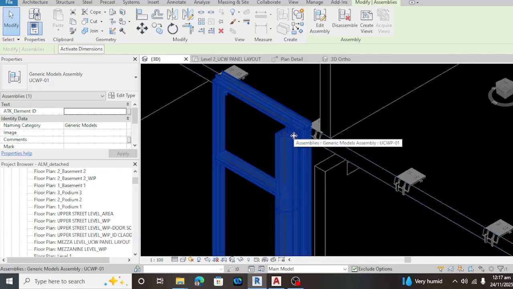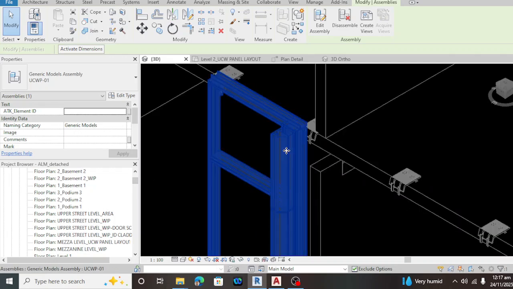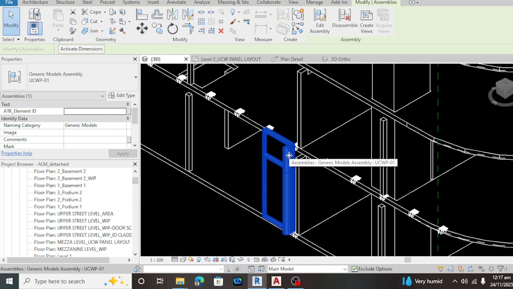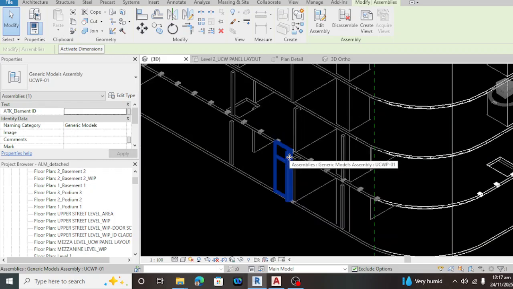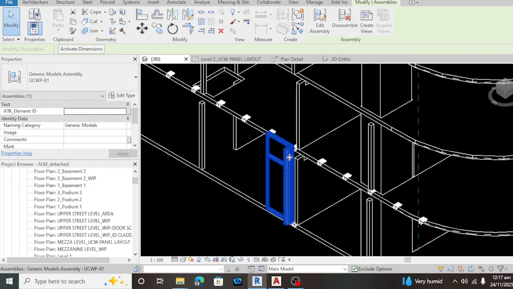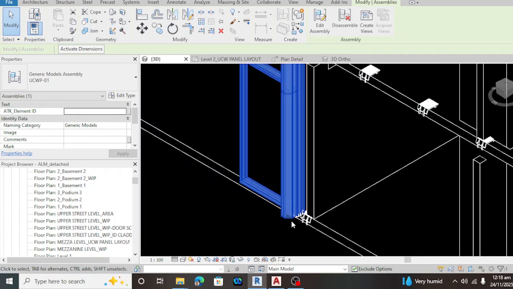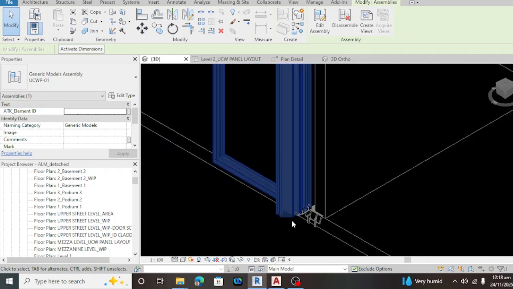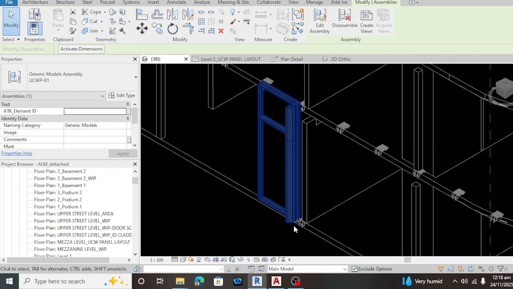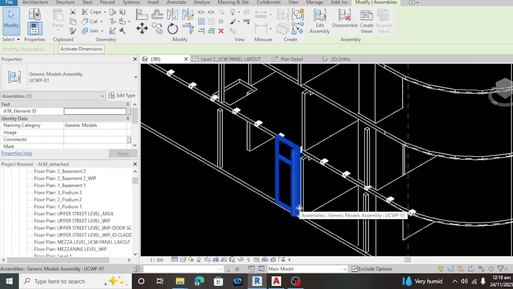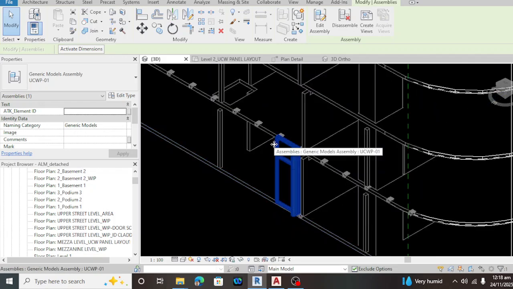As you can see, this is the metal panel. I will show you how to lay out the sequence of the panel.